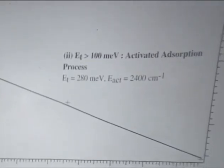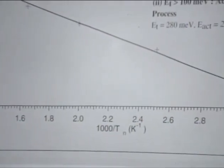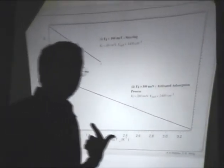And here's process number one occurring at low translational energies. These are the very slow molecules. And here we see that the vibrational energy involved is about 1430 wave numbers, which is the deformation modes of the methane molecule. Whereas when we come up to the activated adsorption process, you'll see it's around 2,400 to 3,000 wave numbers, which is actually close to the CH stretching modes. So we're saying that